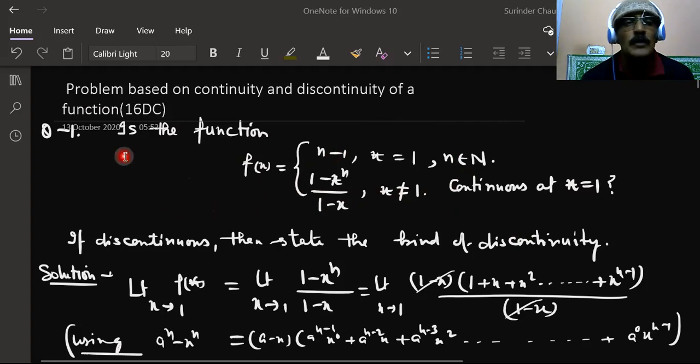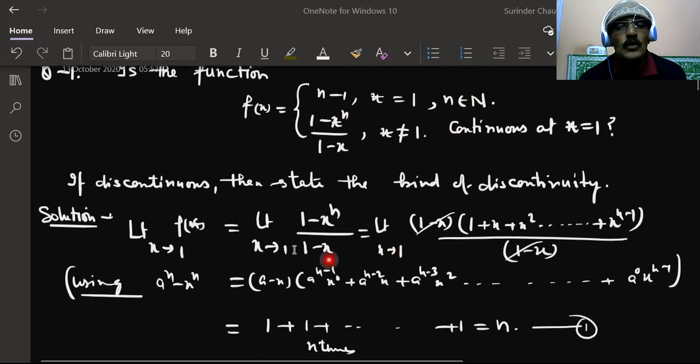Now let's start with the first problem. Is the function f(x) = n - 1 if x = 1 and n is a natural number, and f(x) = (1 - x^n)/(1 - x) if x is not equal to 1, continuous at x = 1? If discontinuous, then state the kind of discontinuity. So we'll discuss different kinds of discontinuity by solving these problems. So the solution to this problem is,